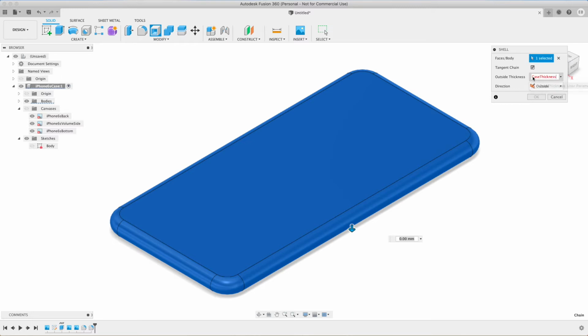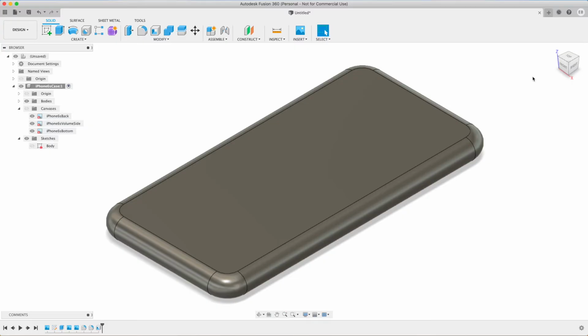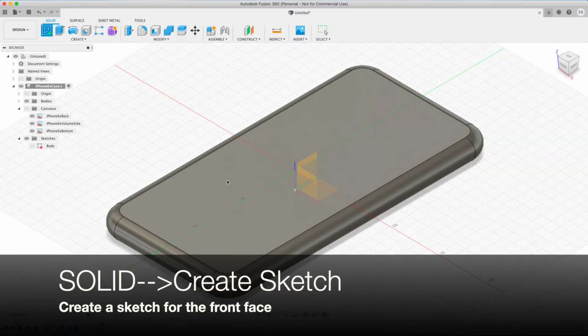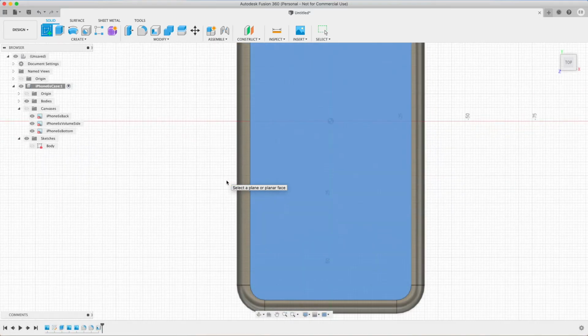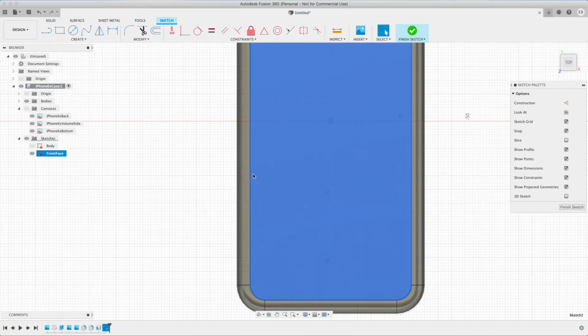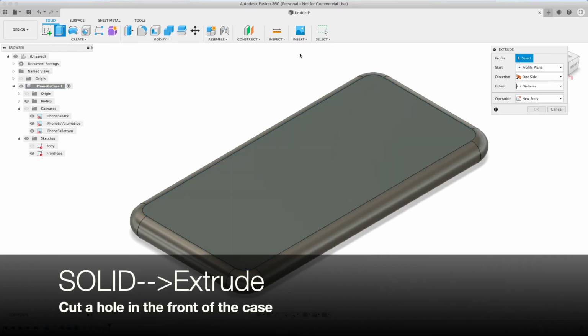You can see the thickness of the case is added to the body, so it's making the whole object slightly larger. So if we now create a new sketch, and we create that on the plane of the face, not on the same plane, we actually select the face of the object, and I'm renaming it accordingly, and it's actually going to automatically in this example take the whole plane, so that's good enough for us. So we click finish, and now we want to extrude that plane. So extrude, and we want to do it for